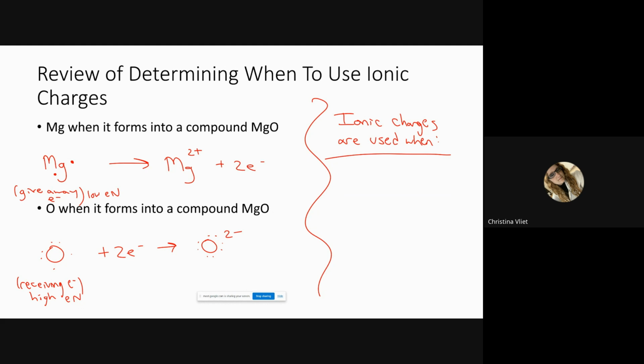Those charges we consult from the periodic table, we consult for a reason. It has to do with the octet rule and whether an element gains or loses electrons to become like its nearest noble gas. I'm bringing back this information because it's going to be really important in determining oxidation numbers in a little while and understanding why. So ionic charges are used when we form an ionic compound, right? When you have an element in an ionic compound